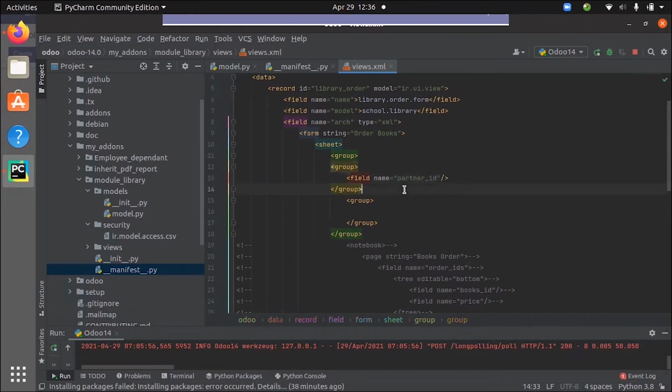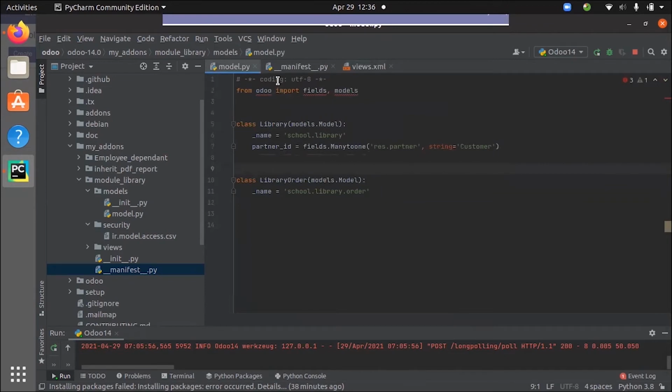I have defined the field name, partner_id. This is the field that we have created inside the model.